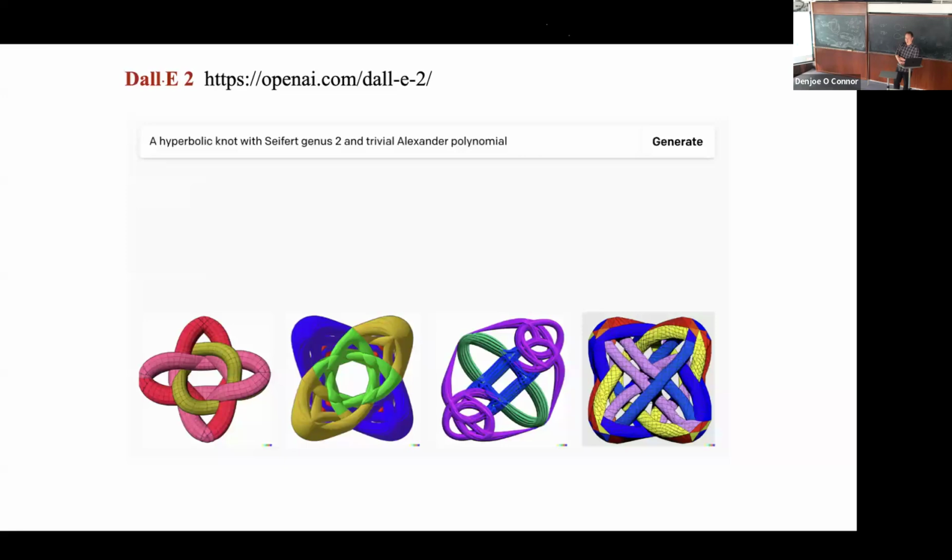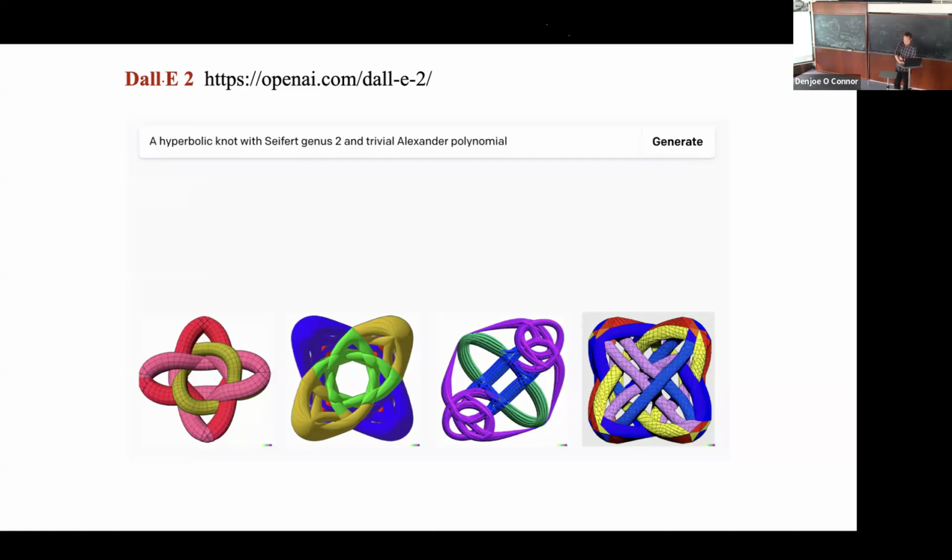I don't actually know that any of them are knots. They kind of look like they just crash through each other, and they're colored. I think they're colored in interesting ways to sort of confuse the human eyeball and make me think it's a knot, but if you look closely enough, these are just kind of garbage. But AI has advanced a lot in the last couple of years, so I wanted to give